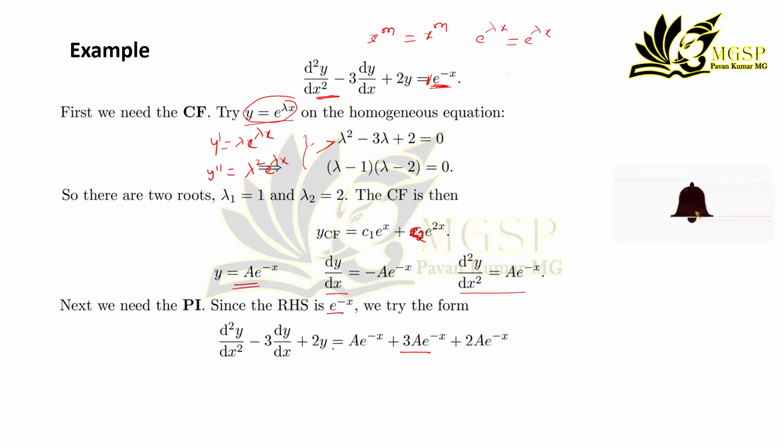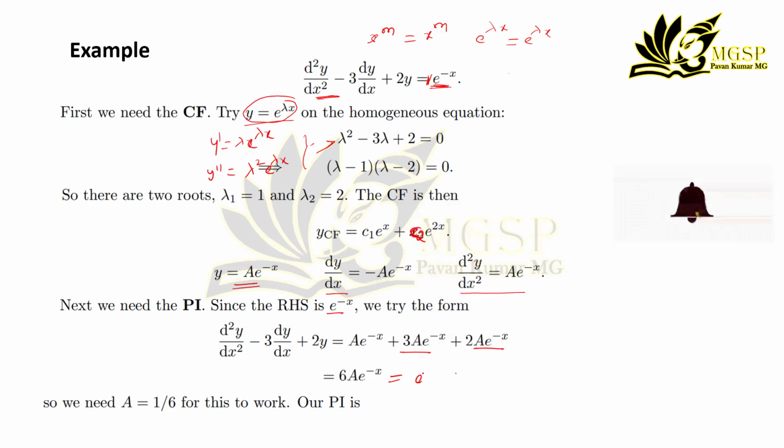Then 2y, y is a into e power minus x. Next take the e power minus x common, just add all the terms, you will be getting 6a e power minus x. Now equate this term with